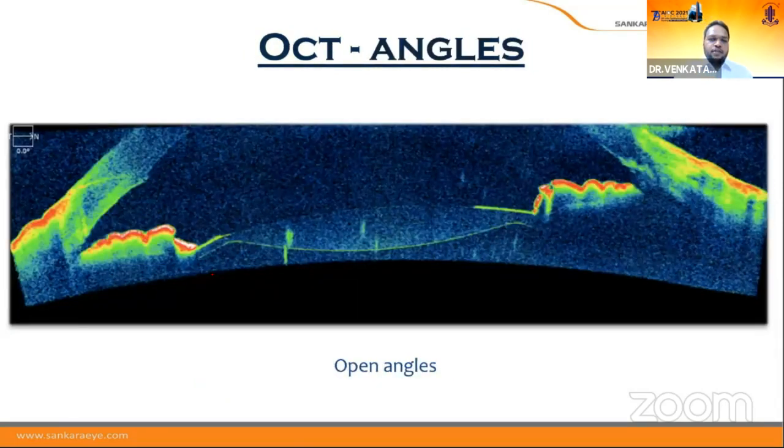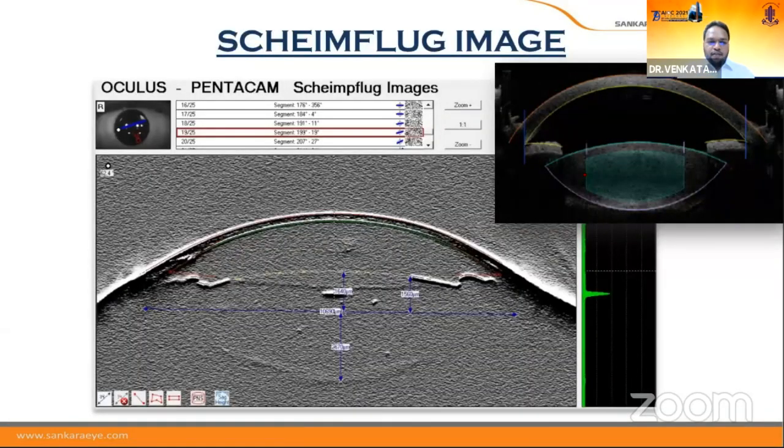This is another interesting picture in a dilated eye where the angles are wide open and this lens does not cause any angle closure. This is a Scheimpflug image where we can see the optic here and there is no gap between the iris and the optic. And the interesting part, this lens keeps the posterior capsule wide open and this gives the normal crystalline lens profile as we can see in this picture, thus eliminating all kinds of dysphotopsias.